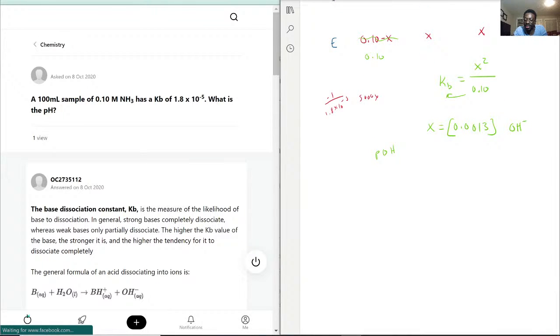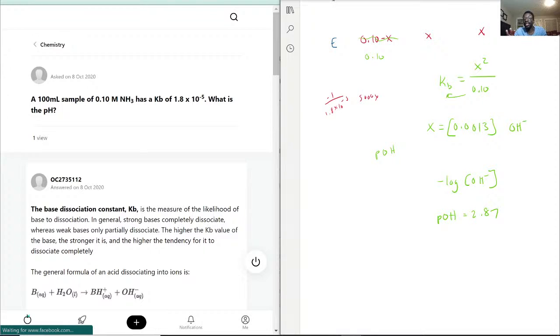So we first want to turn this into pOH by doing the negative log of the concentration of OH minus, okay? And what do we get? So negative log of the answer we just got, our pOH is equal to